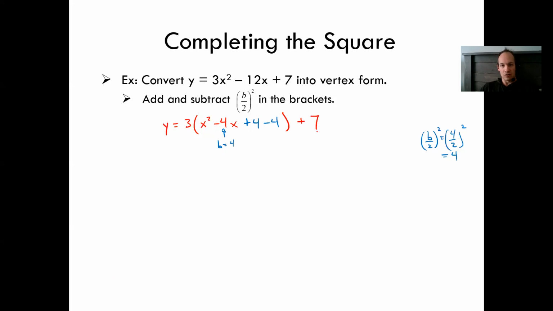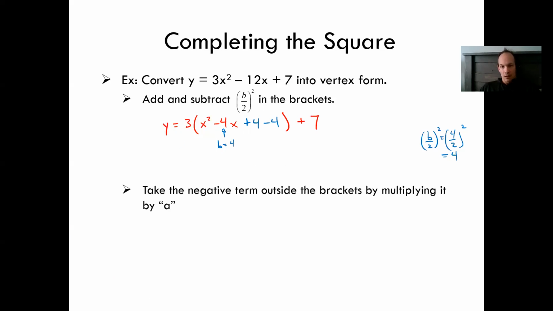That plus 7 just hangs out there. What we do is we take the negative term outside the brackets, and we do that by multiplying it by a. So the whole deal with this guy out front is when a 3 is out in front of the brackets, that means the 3 is multiplied by every term inside. If I want to take something out of the brackets, which I do in this case, I have to do that by multiplying the 3 into the last